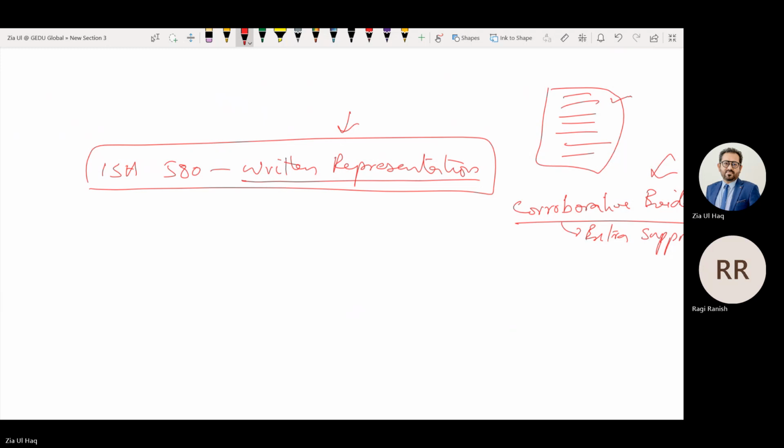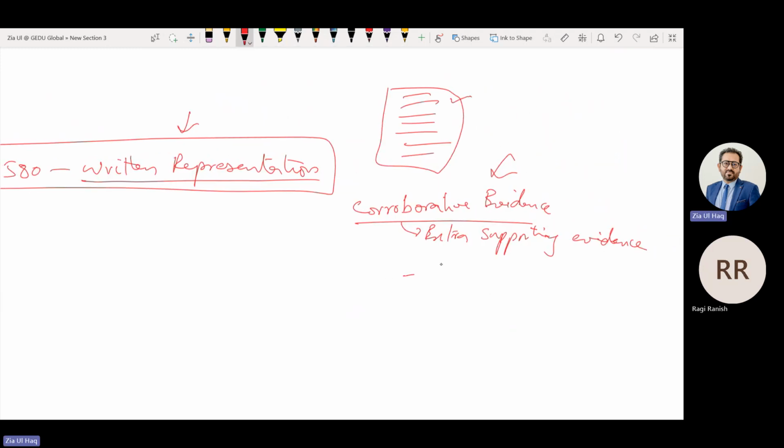If they refuse to sign the written representation that you have drafted, what should we do? First we should convince them with alternative wording. Might be that they are not happy with the wording. If they still do not agree to sign, even with the alternative wording, we should discuss the importance of the matter with them. This is important for us. If you don't provide it, we will not have sufficient evidence and will not be able to express an opinion, please sign this.